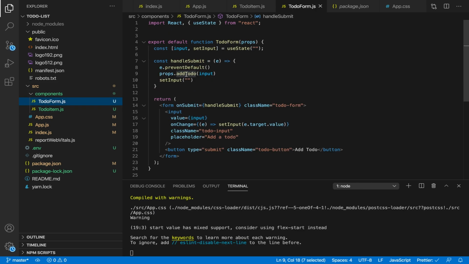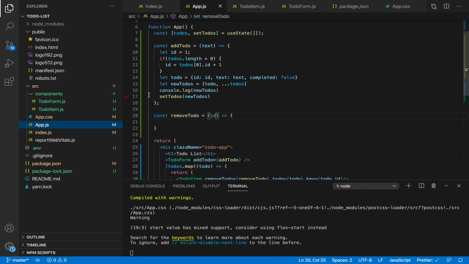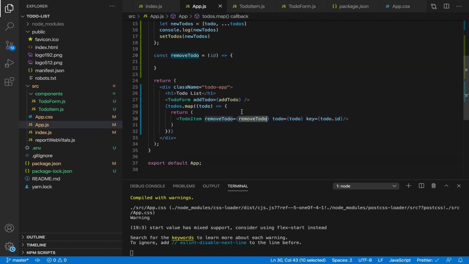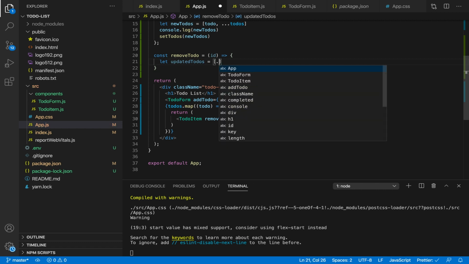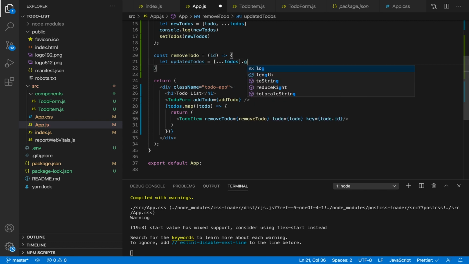Now if we go to app.js, over here it's calling this function, and we're getting the ID of the to do. So now what we want to do is make a new array called updated to dos, and we're going to set that to a copy of the state, so all of the to dos, and then we're going to do the filter function on it. So we'll do .filter,